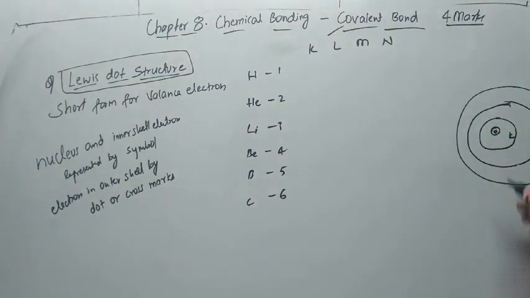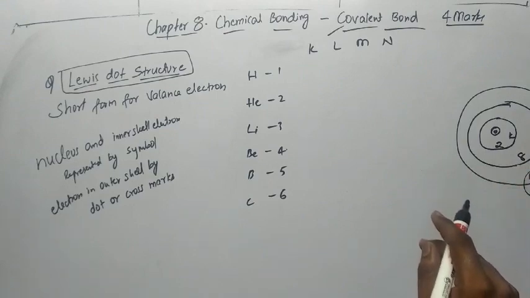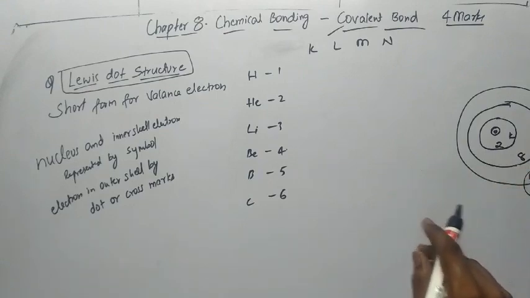So as we know that in the first shell we have 2 electrons, we can fill up to maximum 2 electrons, second one 8, third one 18, and fourth one is 32. But these two things are no need now, only 2 and 8. You just remember that in the first shell we have 2 electrons, maximum number of electrons. In the second shell we can fill up to 8 electrons.